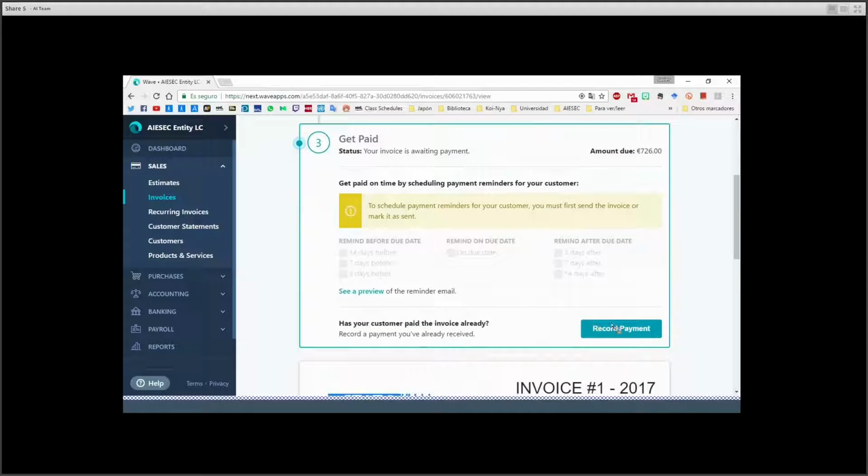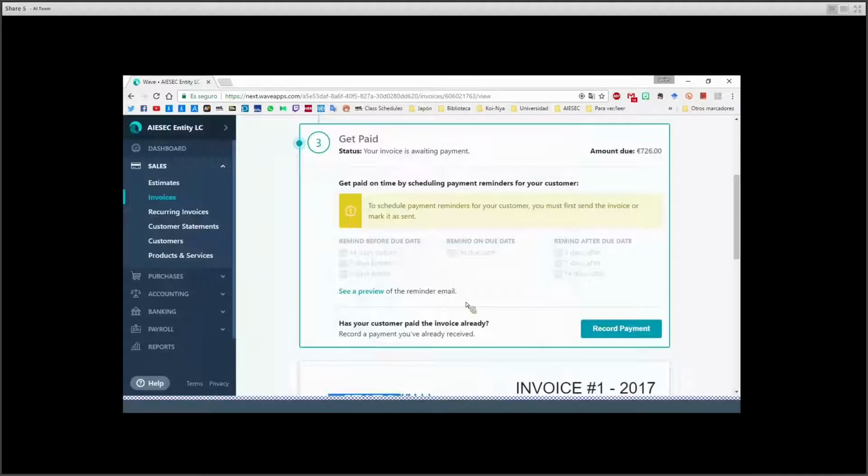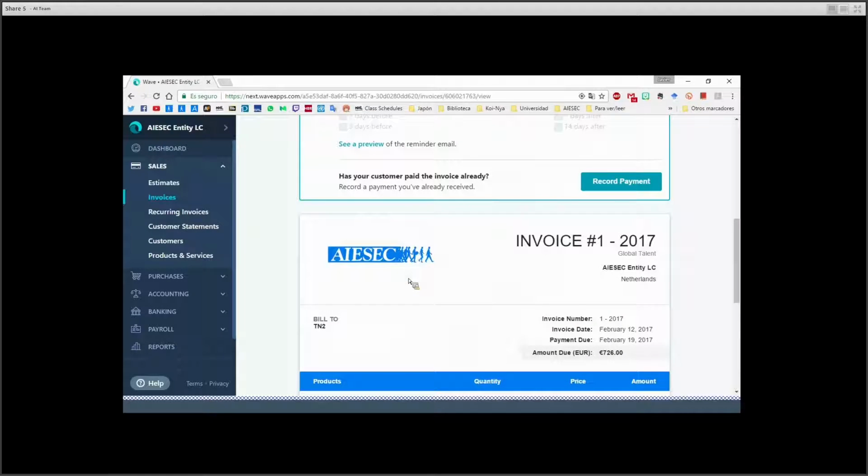And now, once you already obtain the payment, you just need to go to record payment, and then you can move forward to doing your operations and so on. You enter the amount of money and which payment method the TN used, cash, check, credit card, etc. And that's all. Now you are able to create your invoice, and also to send it to your TN,